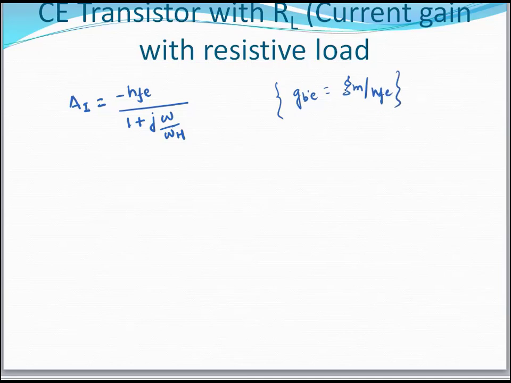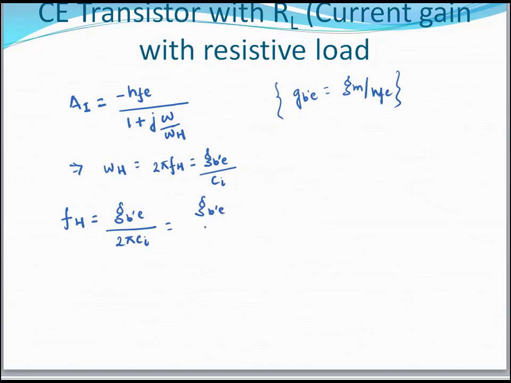So gm by gb'e is equal to hfe, and here we can write this omega h is equal to 2 pi fh is equal to gb'e by Ci, and further fh we can write here gb'e by 2 pi Ci, and we know the value of Ci, so we can put the value of Ci here,